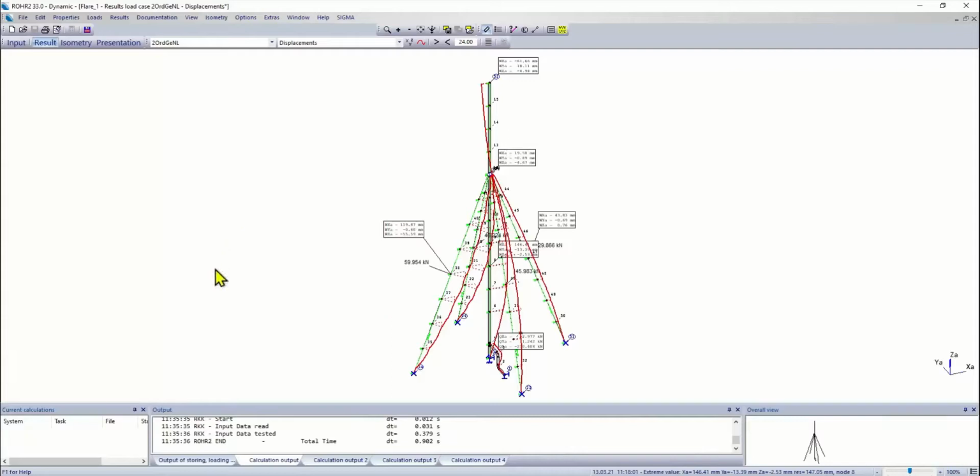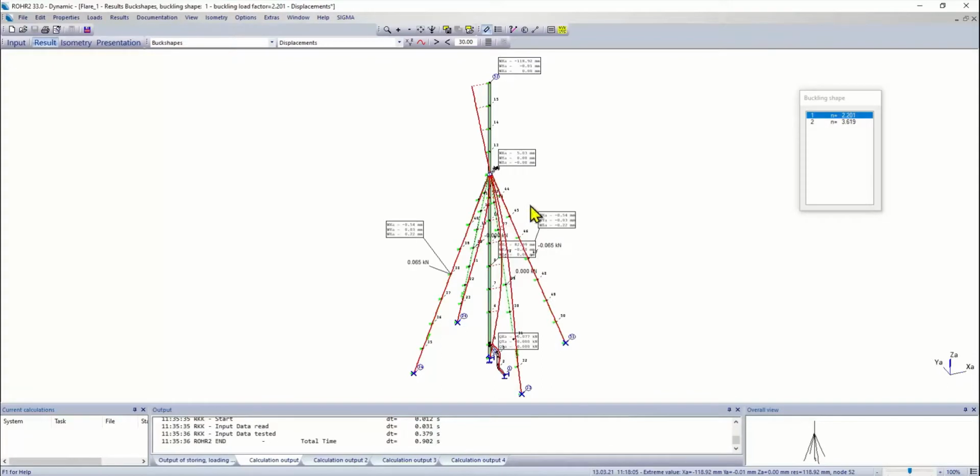But okay, for this example it is important to have the second order effects, otherwise the vertical compressive loads on this chimney would not be taken into account correctly. And maybe finally, for the buckling shapes, if I look at the buckling shape, the load factor would be 2.2 until buckling, so this would be a little bit too close. Usually you try to retain a safety factor of 3 against elastic buckling. Okay, this concludes my talk for today, and let's see you next time.